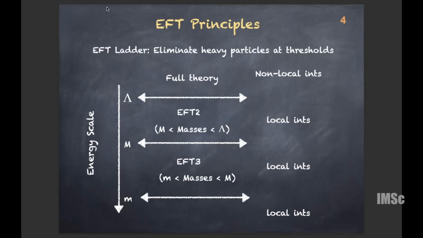Sorry, where are these two EFTs coming from? Because you are integrating out stuff in different ways. Yes. So in this EFT2, the heaviest particle is of mass capital M. And when we hit this threshold, when we want to study processes much lower than mass M, there we integrate out this particle M and construct it in